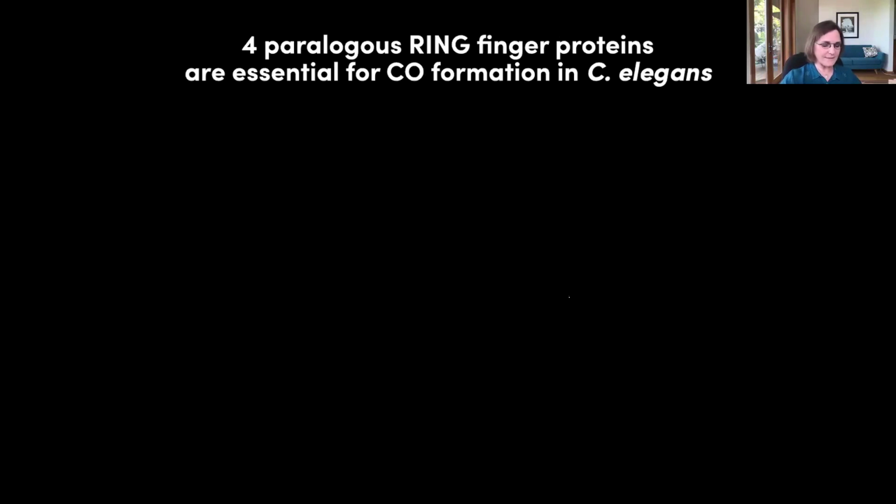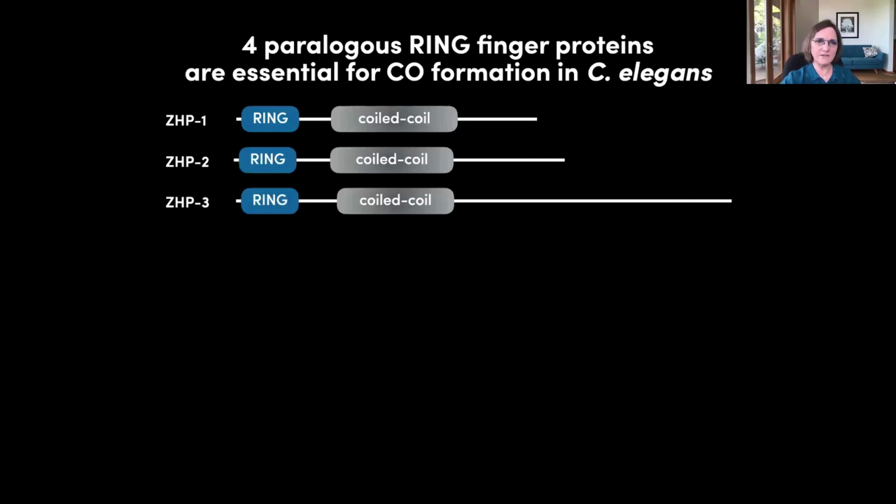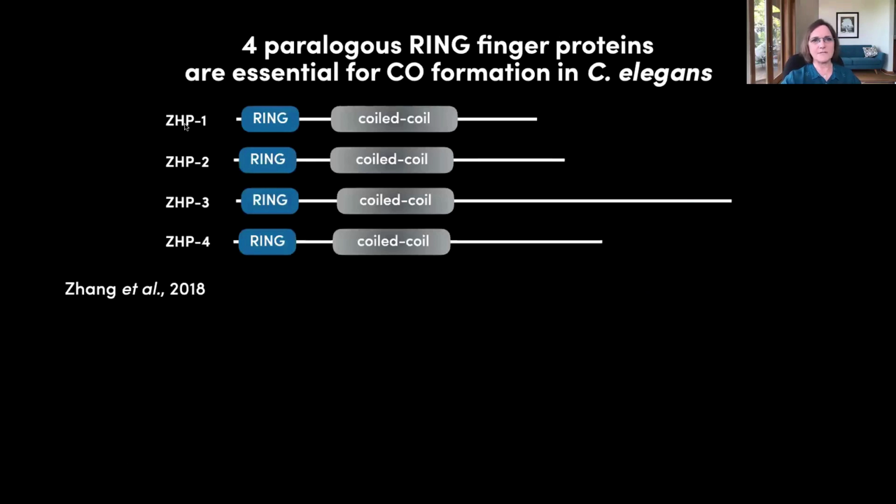And so we speculated that there could be proteins that are somehow moving within this liquid-like environment of the SC that are somehow patterning crossovers. And our attention was focused on this family of proteins. In C. elegans, they're called ZHPs because they're homologous to ZIP3 in cerevisiae, which was the founding member of this protein family. These are proteins that have a RING domain and a coiled-coil domain and an unstructured C-terminal domain.